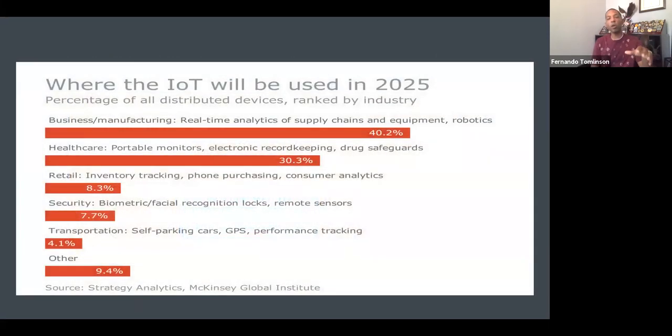All right, so when we talk about the future of ransomware, and we see a couple of things happening now, the use of IoT is only going to continue to grow. By 2025, we see those numbers substantially larger in some respect, and we can continue to see them grow.